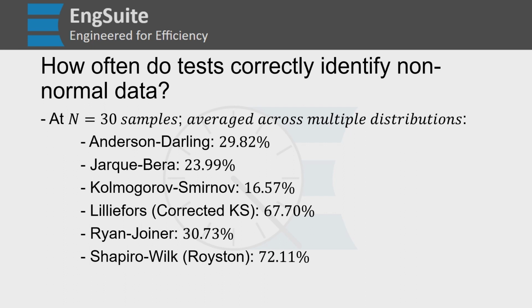So this is data that was taken at the n equals 30 samples across multiple distributions. To give you a general idea, let's say you're running a capability study with 30 samples, and you don't know what distribution your data most likely follows. That's what you're trying to find out. Is this normal enough to trust my capability results? Well, you're going to see that the Anderson-Darling is about 29% powerful. The Jarque-Bera is about 24. The KS around 16.5. The Lilliefors is around 67 to 68, and the Shapiro-Wilk is around 72, with the Ryan-Joiner